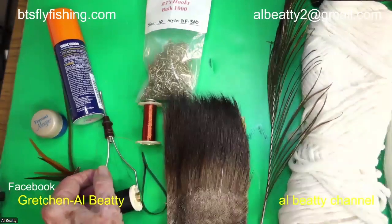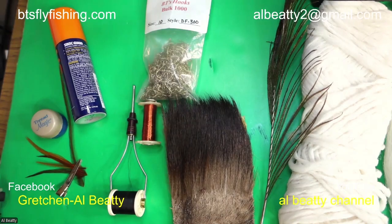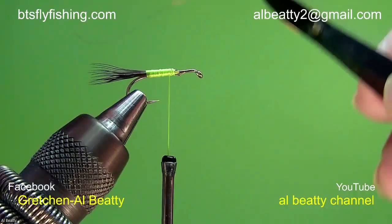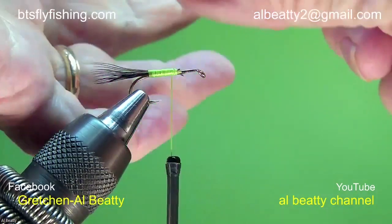Let's see, where is it? It's so fine. It's hard to see. Oh, there it is. Okay. I like to tie the rib on